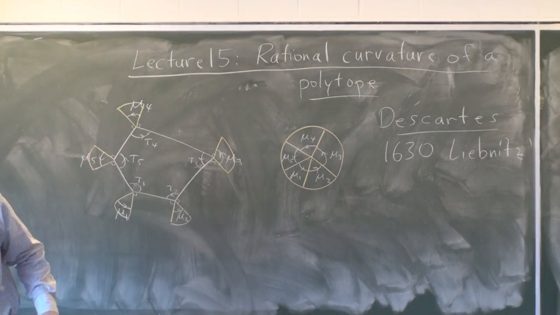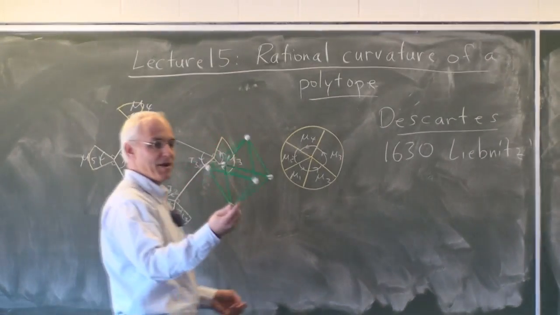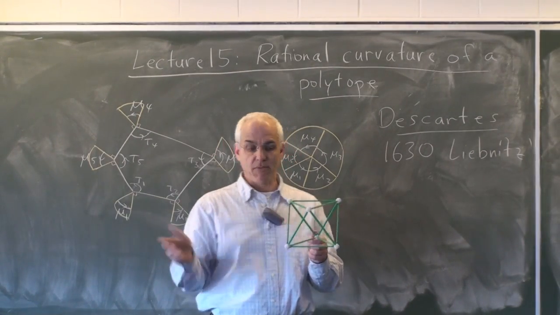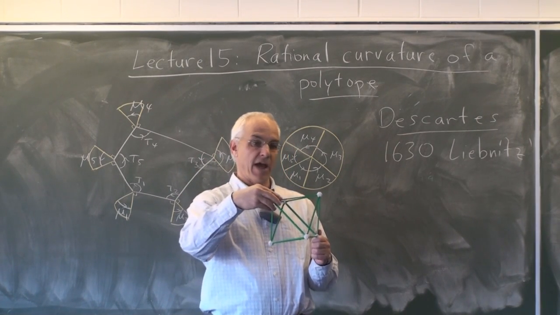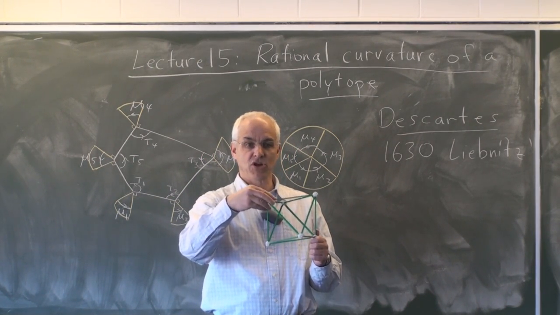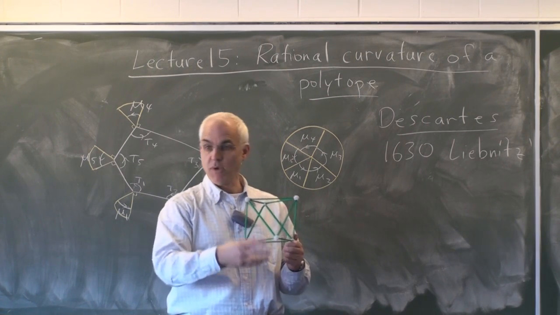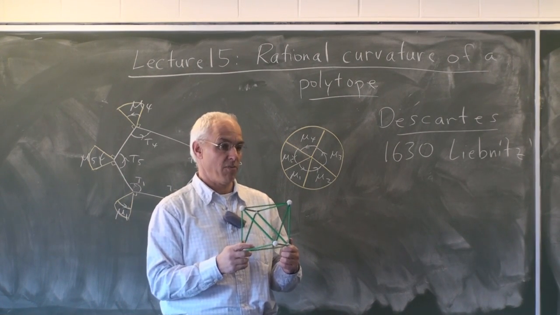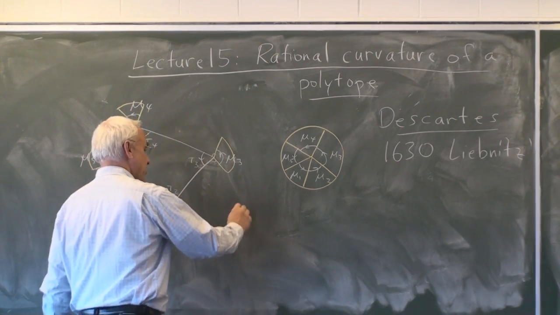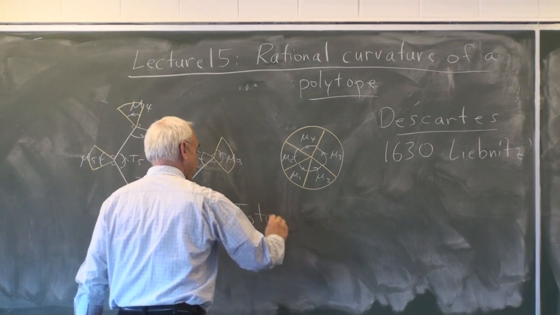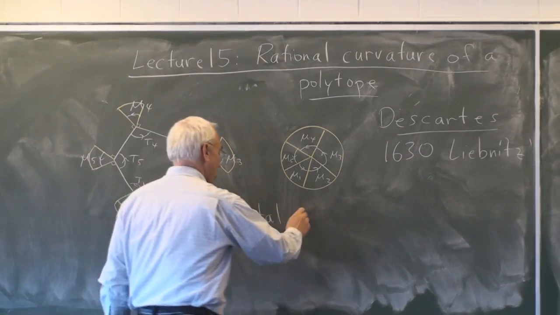So we're going to take a polytope like one of our Platonic solids, or maybe something more general, and we're going to ask the question, how much curvature is there at a vertex? How much curvature is there at a vertex, and therefore what is the total curvature of the polytope? Okay. And the overall message, I suppose, that we're going to see is that the total curvature